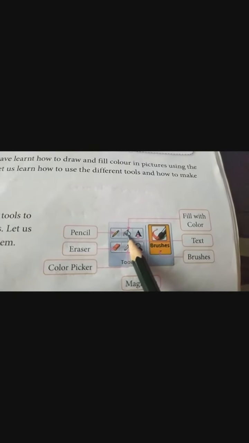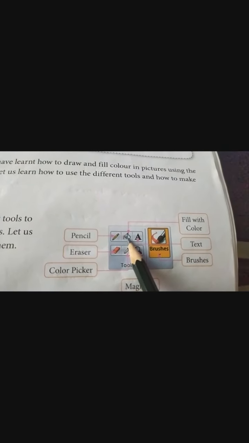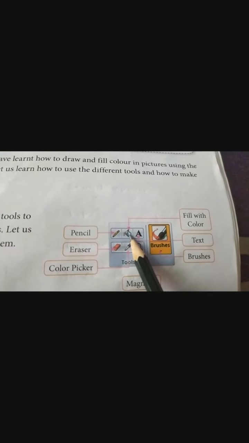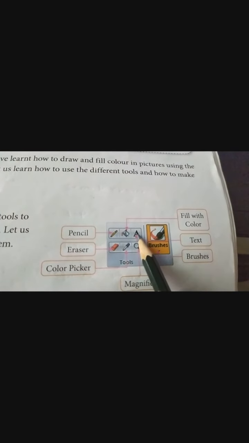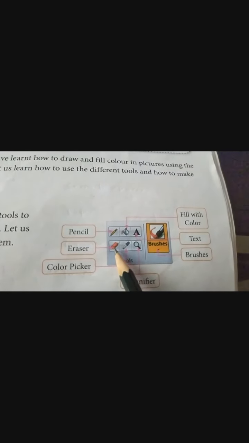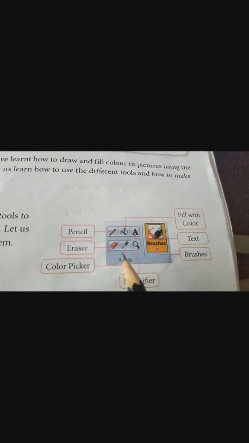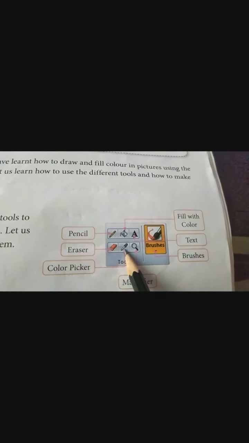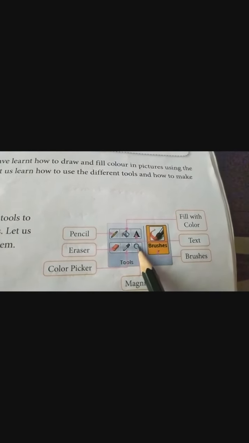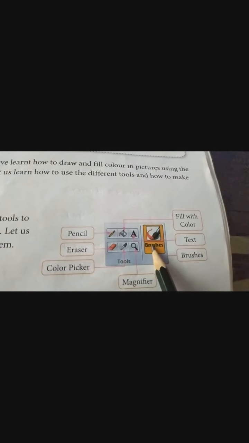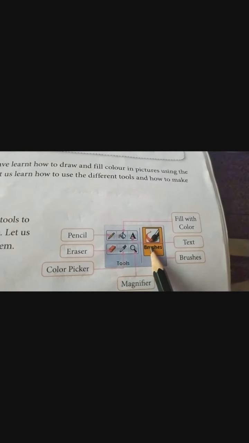Fill with color tool. This tool we have used last year. Text tool. Eraser. Color picker tool. Magnifier. And brushes. Different types of brushes are there.